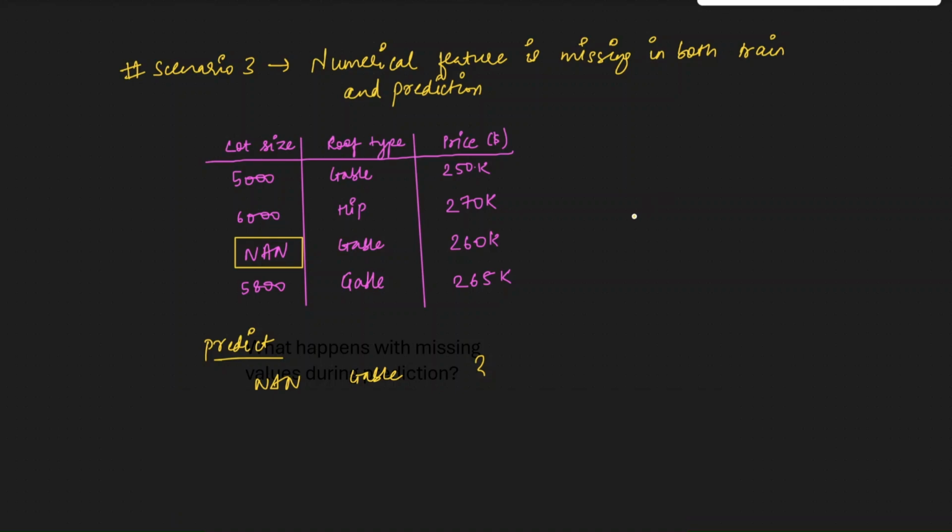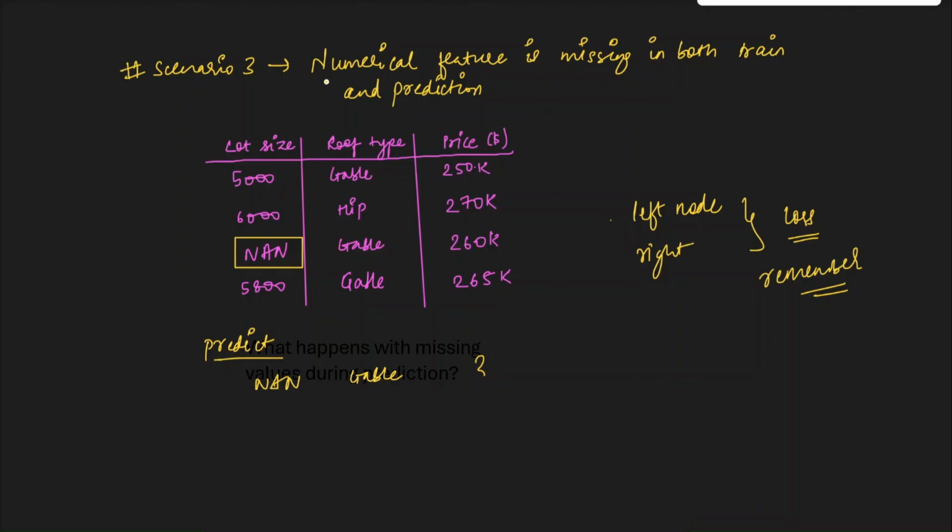So what it would do is it would evaluate what will happen if this missing value goes down the left node, and it will also evaluate what happens when this missing value goes down the right node. Whichever node has the lower loss value, that node will be chosen at the time of training, and our algorithm would remember the default path. So now at the time of prediction, when it encounters a NaN value, it knows which node to choose depending on whichever had the lower loss, and that node would be chosen at the time of prediction.